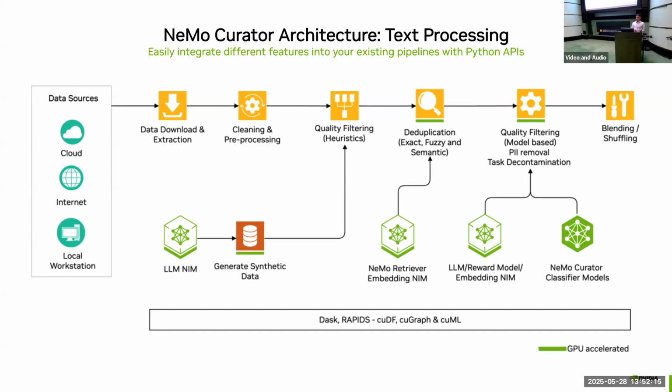After this stage, we move on to a deduplication stage, where we can do exact deduplication, fuzzy deduplication, and semantic deduplication. And so this is really important for taking out a lot of these documents that may literally be the exact same but come from different sources, or have information that could bias our model towards one particular answer in a solution, or just making sure we have unique documents here.